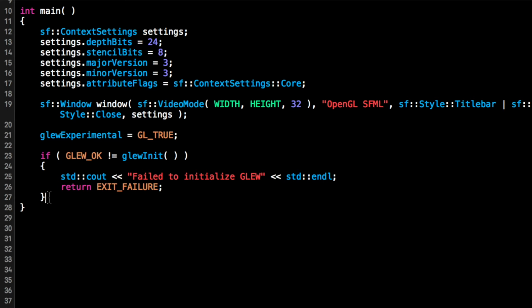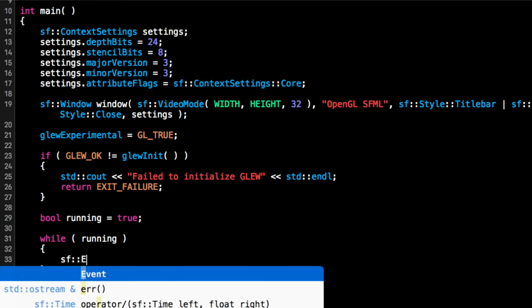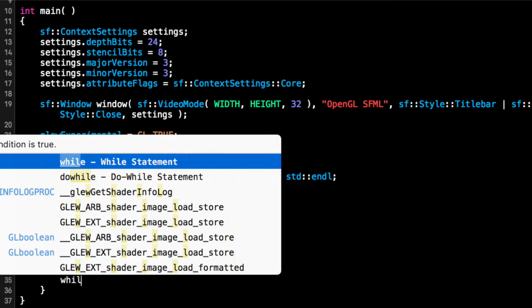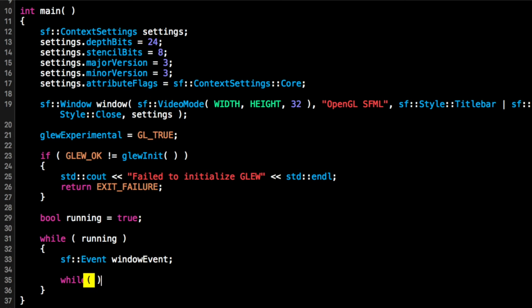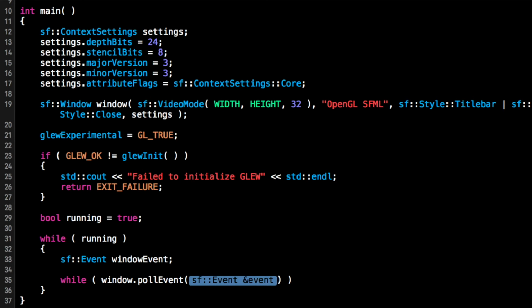So now outside of this if statement we're going to do bool running equals true. We're going to do while running, and now in here we're going to do sf::Event windowEvent semicolon. I'm going to put while, and in here we're going to put window.pollEvent, and the event that we're going to poll is windowEvent,